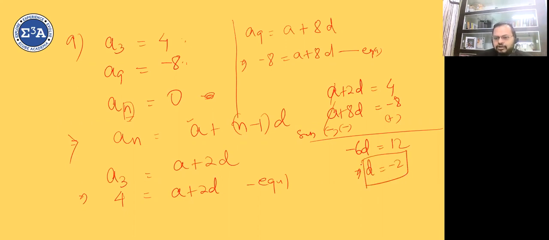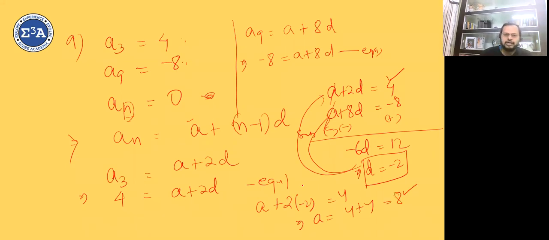अब ये d is equal to minus 2 चाहे इसमें डालो चाहे इसमें डालो, किसी में डालो. तो मैं ऊपर वाले में डालता हूँ. a plus 2 into minus 2 is equal to 4, which implies that a is equal to 4 plus 4. ये 2 into minus 2 होगा, minus 4 इधर जाएगा तो 4 हो जाएगा. आंसर आया 8. a का वैल्यू आ गया 8, d का वैल्यू आ गया -2. निकालना है